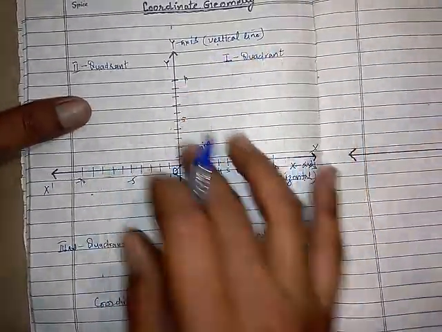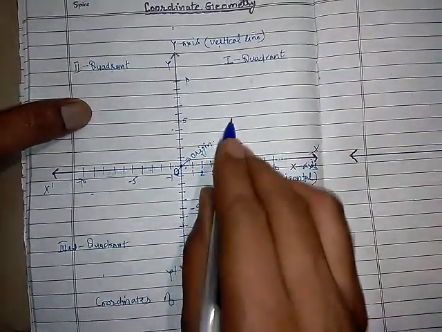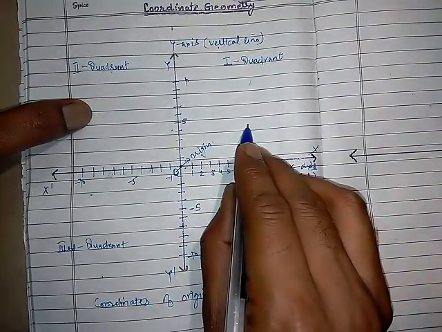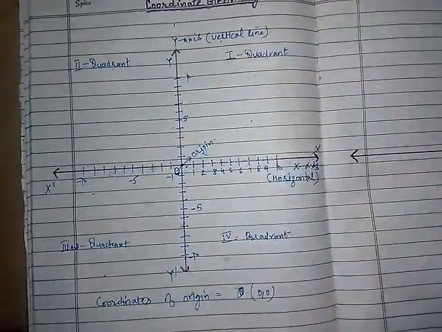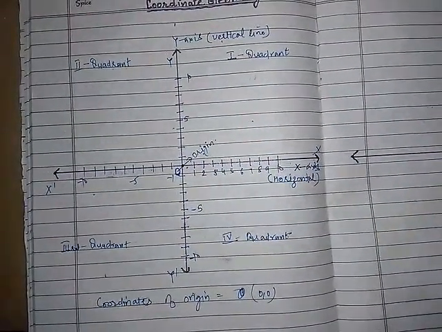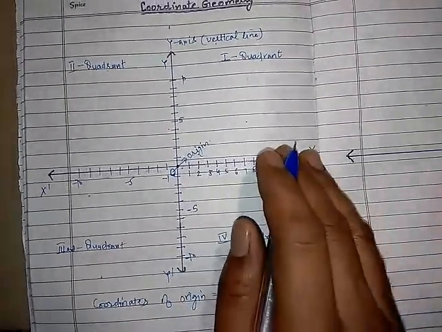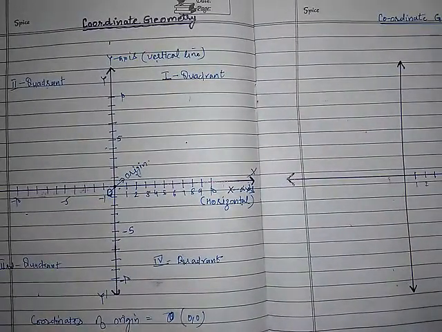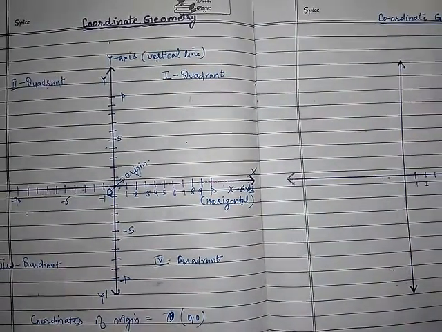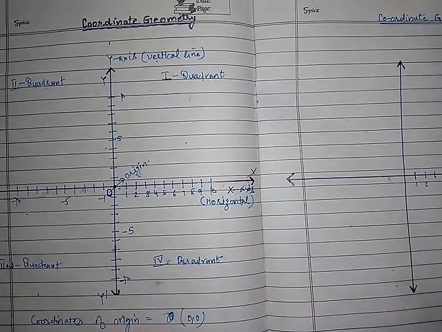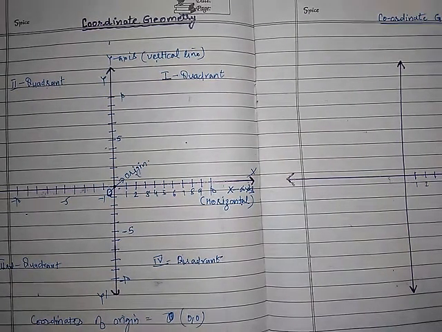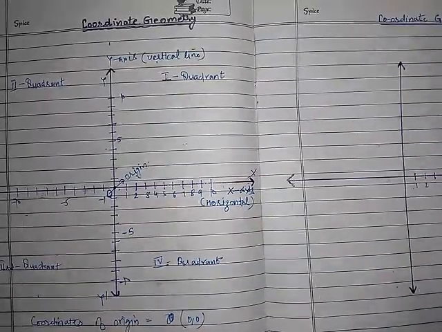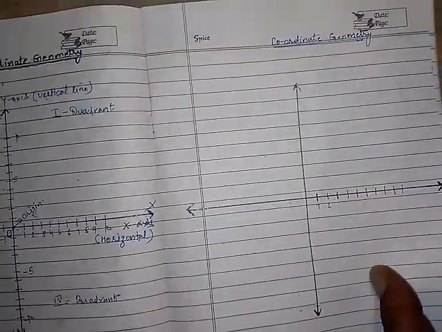So what are the sign conventions for the first quadrant? In the first quadrant, x is positive, so that we can talk about later. First of all, we should know how to plot the points. So let's come to here. We have covered both the axes, the quadrant system is there. So let's open the exercise. Let us see which information they are asking for from us. Everything we have covered up, the theory part, the rest we will do. And let's talk about the points.